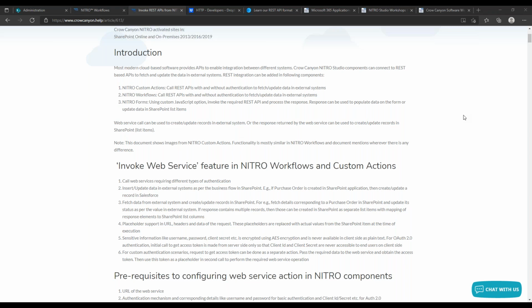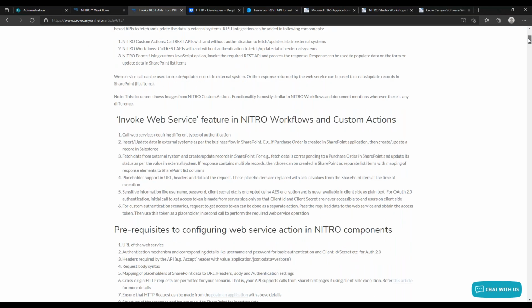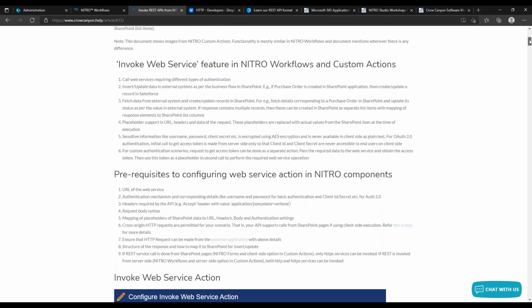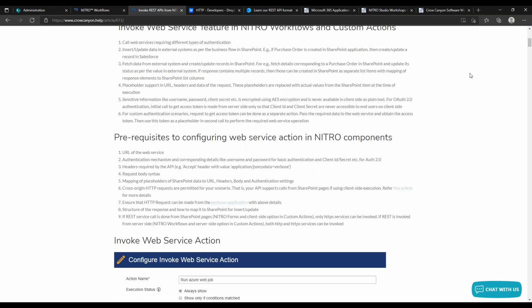It's pretty much a lot of the cloud services have that option out there where you can use a REST API to either get information or post information to that source. And you'll see in here we have some of the information I just talked about in our article on our .help site. It talks about what we can do with it. You can use different types of authentication. We can update information, insert information, fetch data, and use it further down in the workflow or custom action